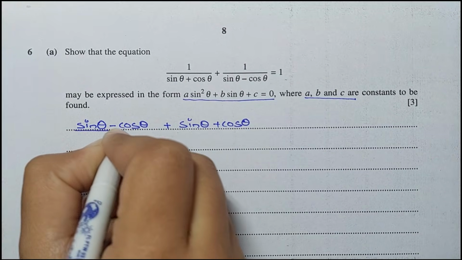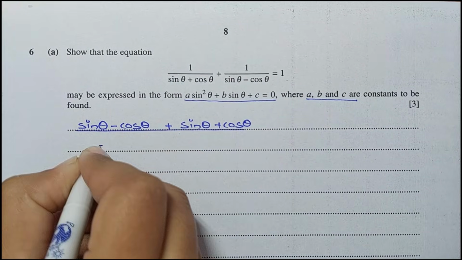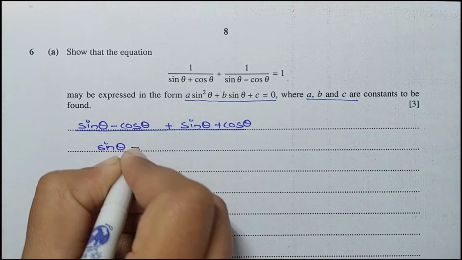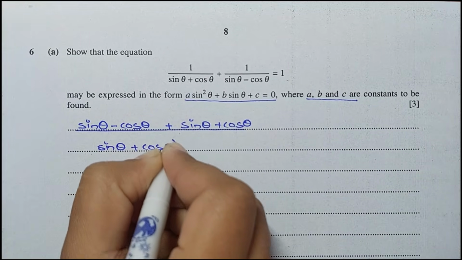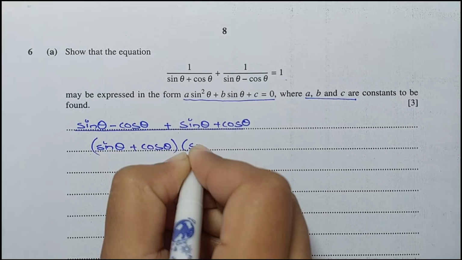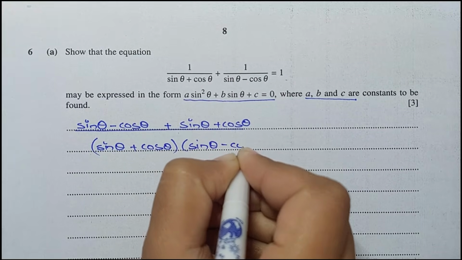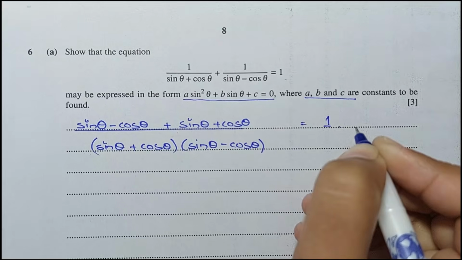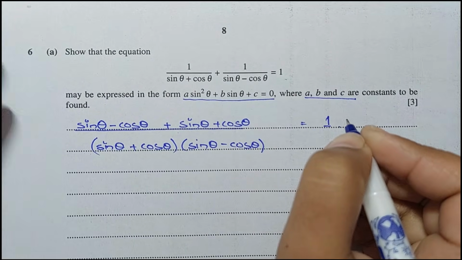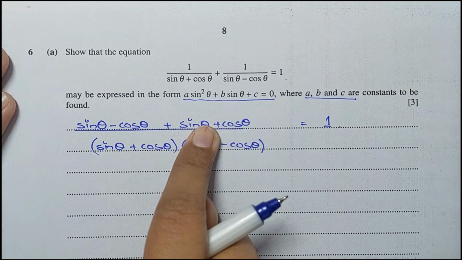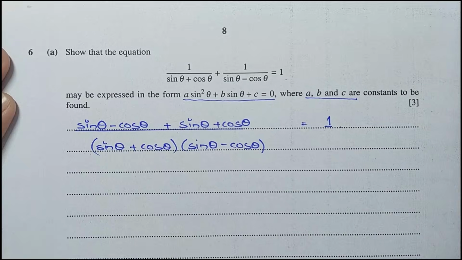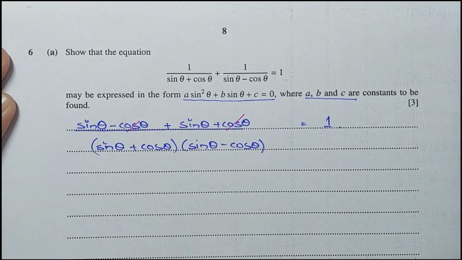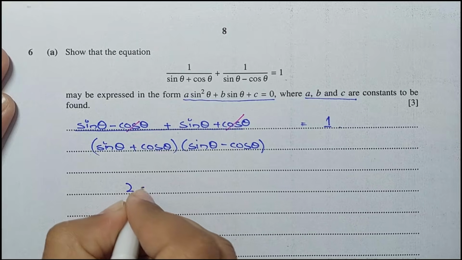And we need to divide it by sine theta plus cos theta into sine theta minus cos theta, and that is just equal to 1. Okay, now you can see we have sine plus sine, 2 sine, right? And positive cos and negative cos just cancel out. So we can write this down as 2 sine theta